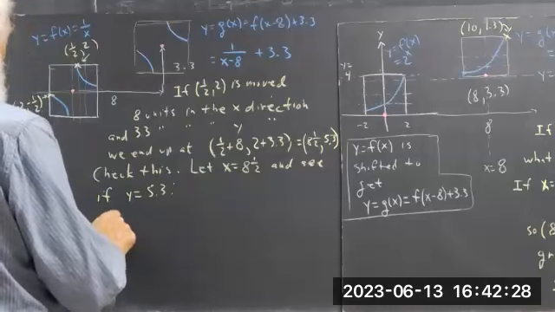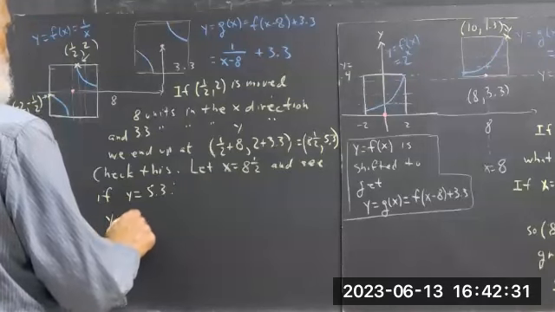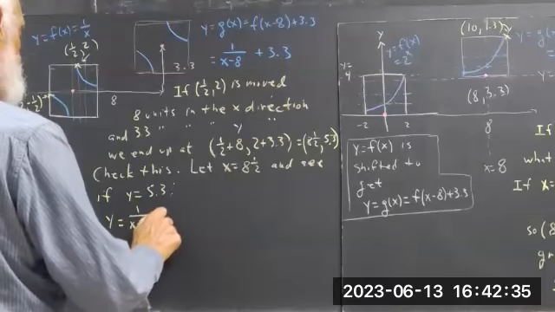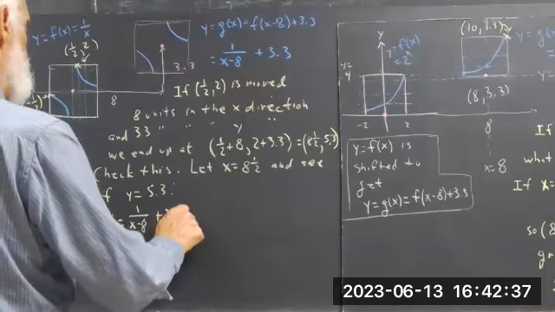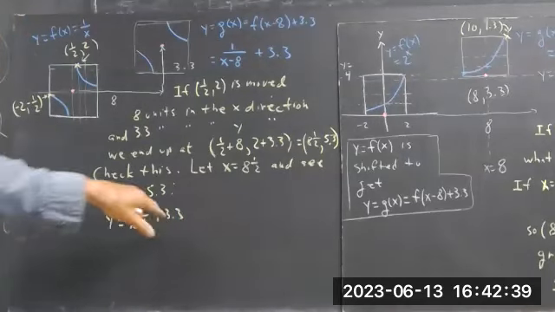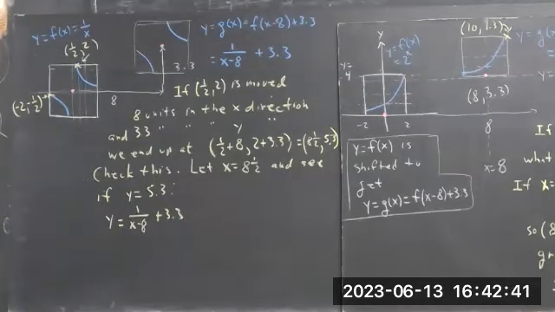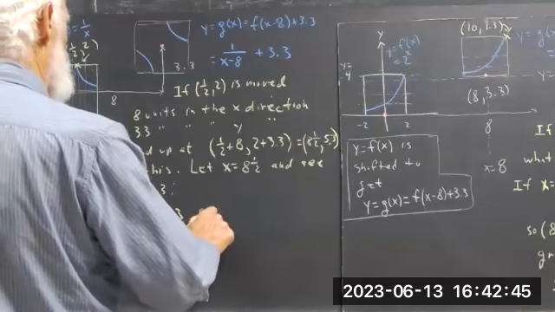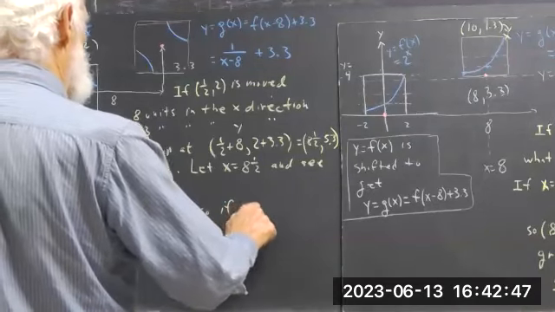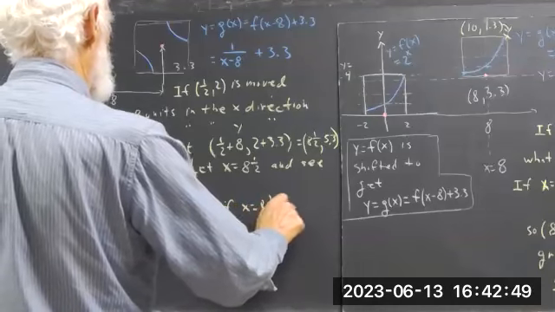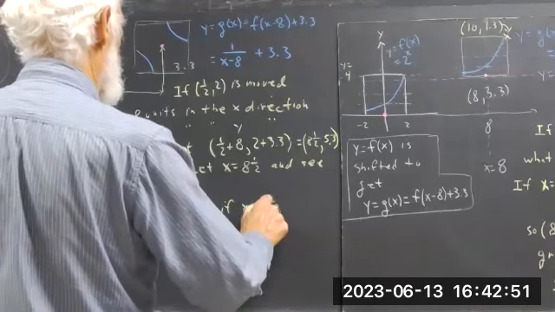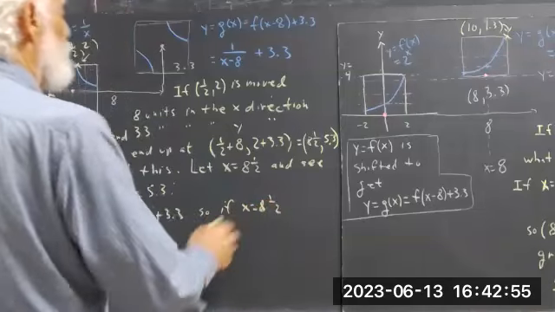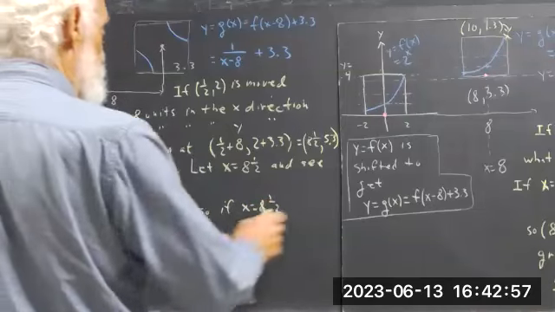So y equals 1 over x minus 8 plus 3.3. Got to stop using 8. It's hard to write 8. That's chalk. Okay, but if x equals 8.5,